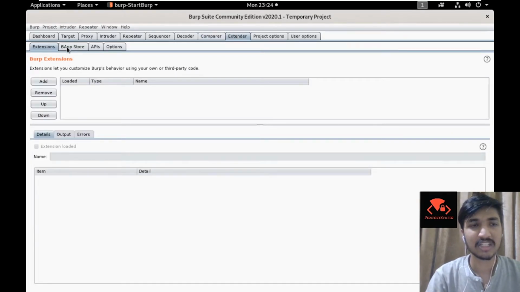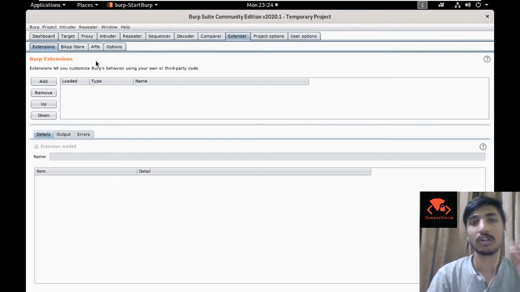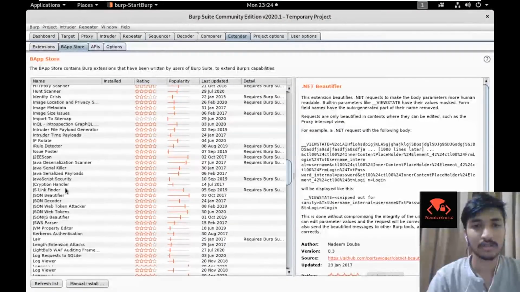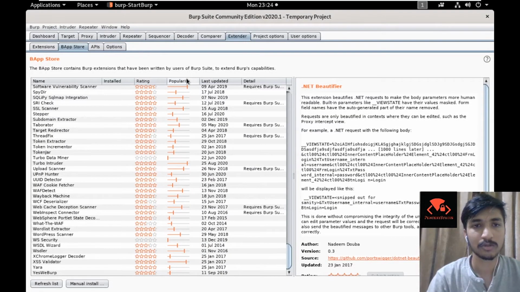Now there are extensions which you could load. There are a lot of extensions which you could load for getting into bug bounty and getting low hanging fruits like XSS or IDORs. Mostly, I have worked with IDORs in Burp extensions. There are extensions which you could find online, and I have not particularly included anything in this one, but they are there, and popularity wise you could just sort them.